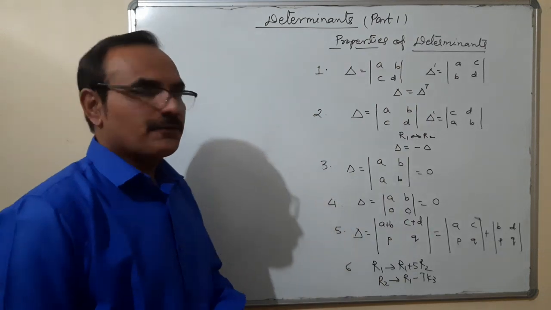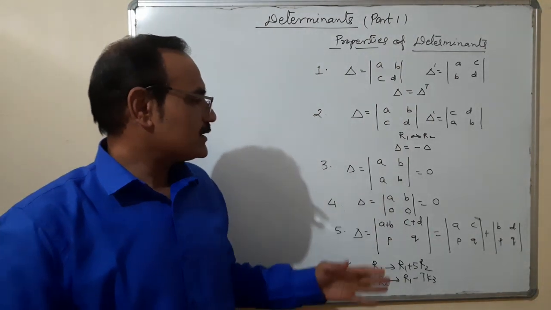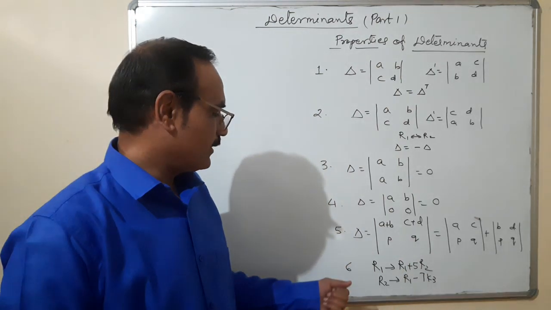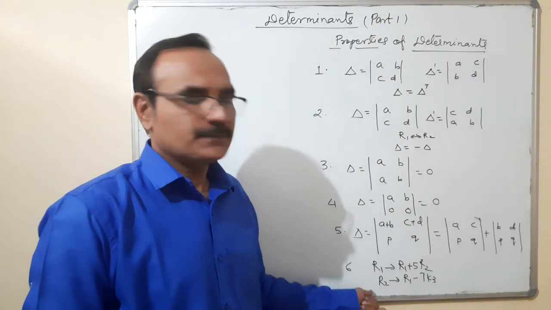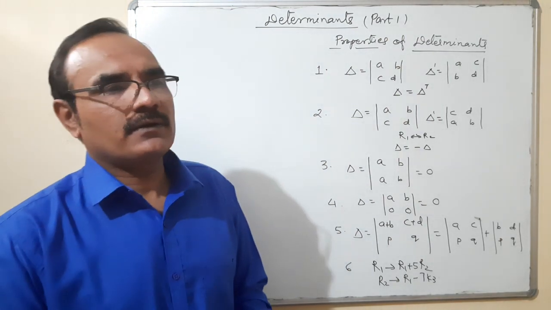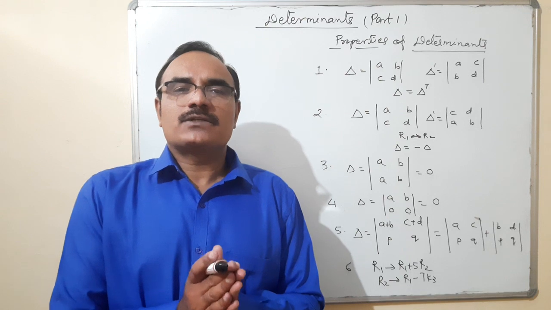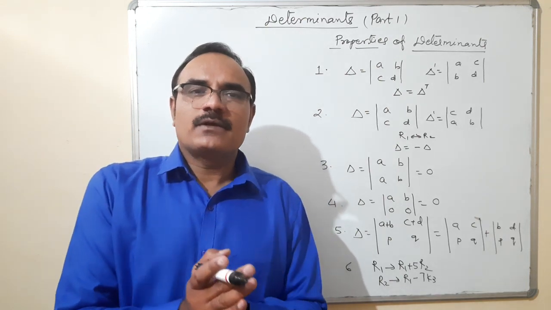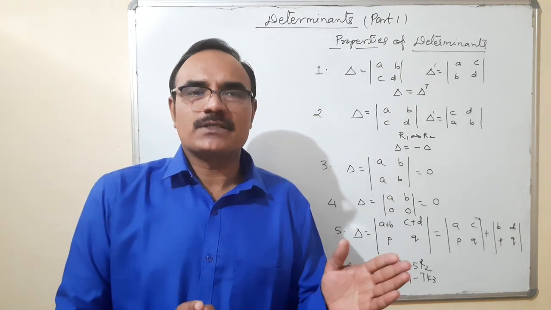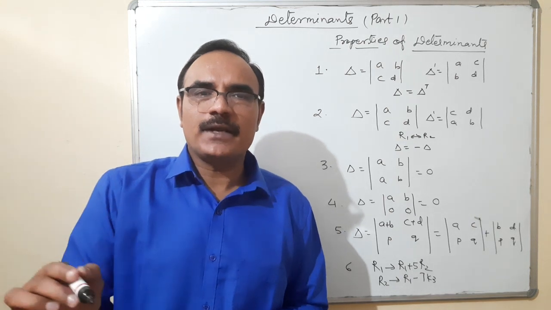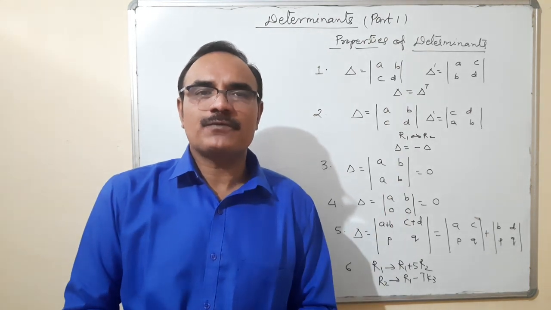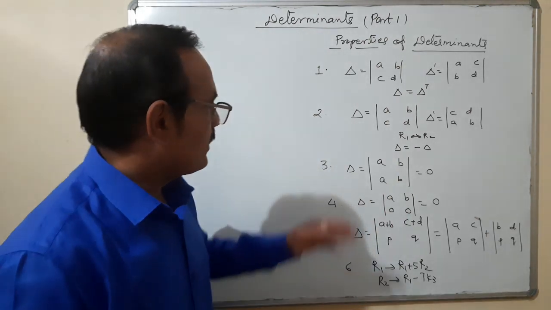So these are the properties of determinants. We will use these properties. Actually, we already used these properties in the row transformation method. So there are a total of 6 properties of determinants. We will solve the biggest question in the exam. It is asked to evaluate without direct multiplication, or evaluate without expansion, or find the value of the determinant using properties only. So we will have to use the properties for finding the determinants. Right.